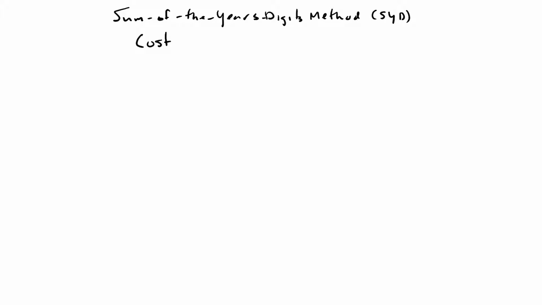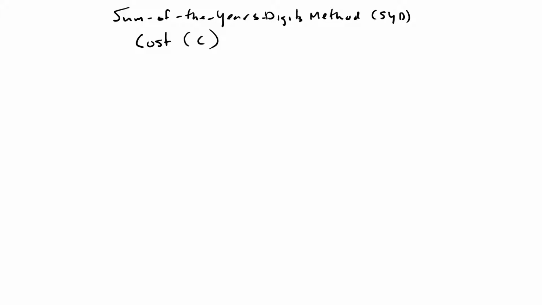But this method is called the sum of the year's digits method. Oftentimes referred to as just the SYD method. And this method, like other depreciation methods, requires a few key inputs. One is the cost of the asset, which I will just designate C. And basically we're going to be allocating a portion of the cost of the asset to expense through this depreciation